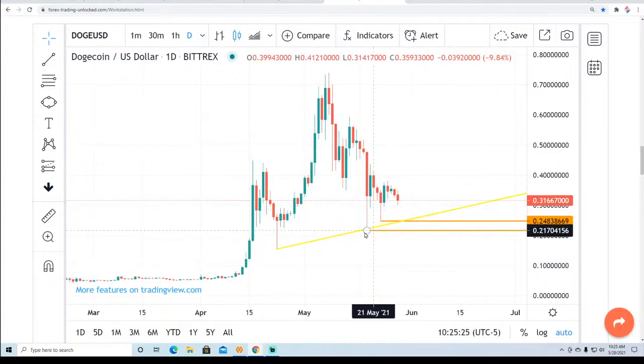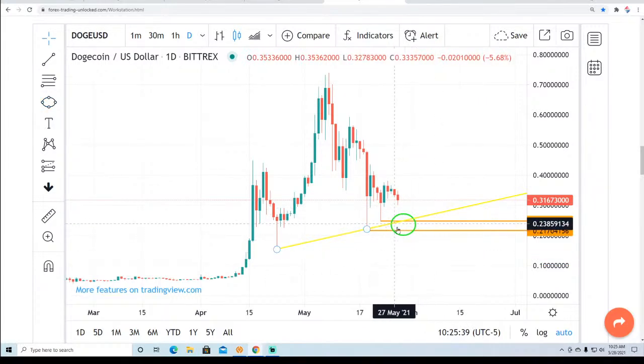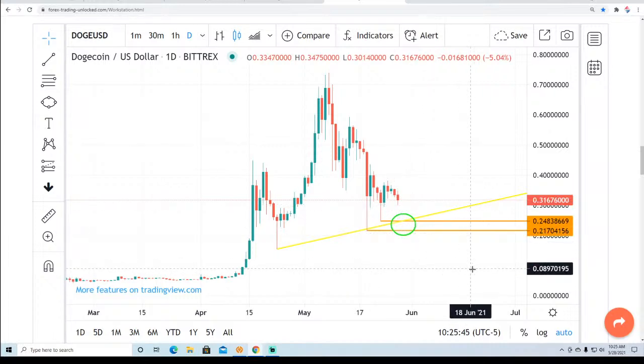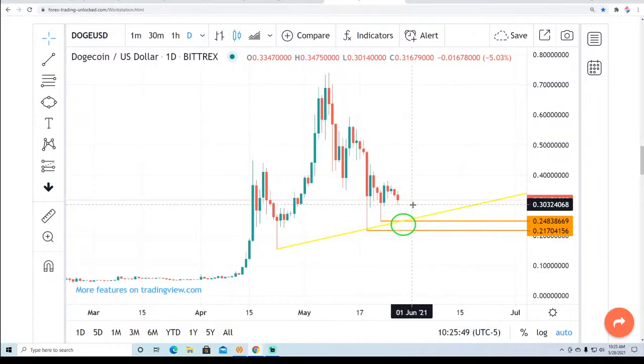Watch out for this upward sloping support line. Notice how this comes in on a time factor right by this low. So this area is huge right in here. Any violation of this area, and I would really be leery of being long this market. I remember when it was up at 70 cents, some people said, if this thing gets down to 30 cents, I'm going to buy it. Well, yeah, that's a good 50% earmark. That's not necessarily a bad